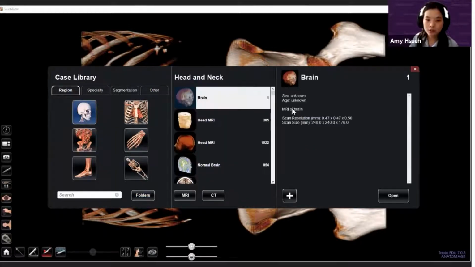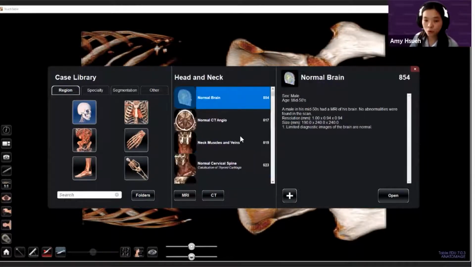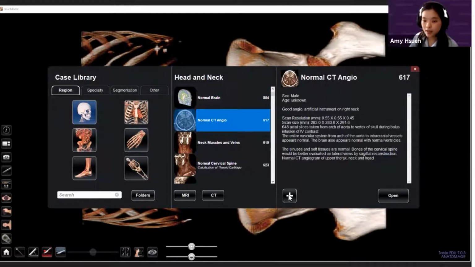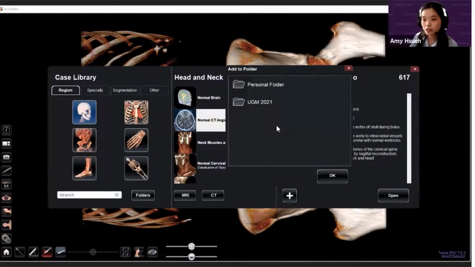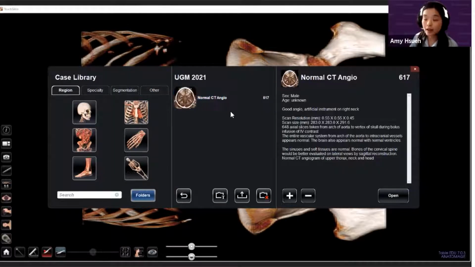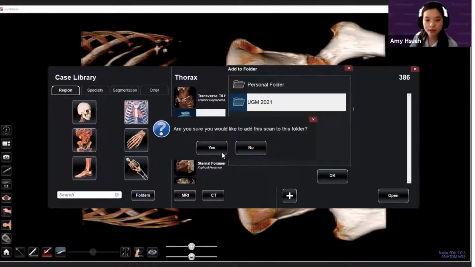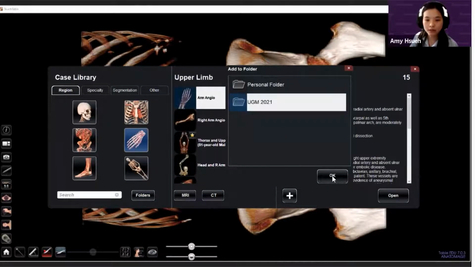So what you can do with this folder is if you find any case that you like or find interesting, then you can select it. And then down here, there's this little plus sign. If you click on that, it will ask you to add the case to a specific folder. And you just select OK. And if you go back to the folder, then it will have the case listed out for you. So if you do that a couple more times, then you can have like this whole list